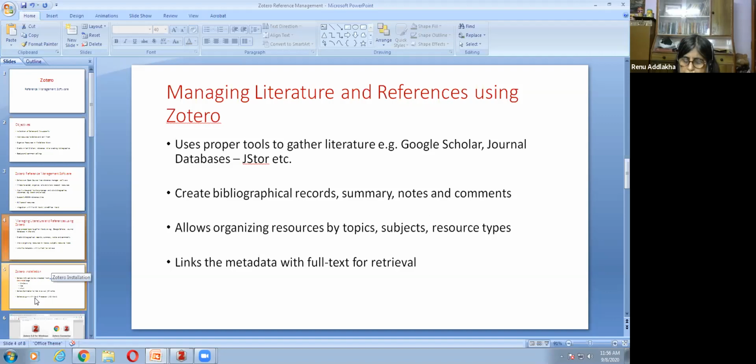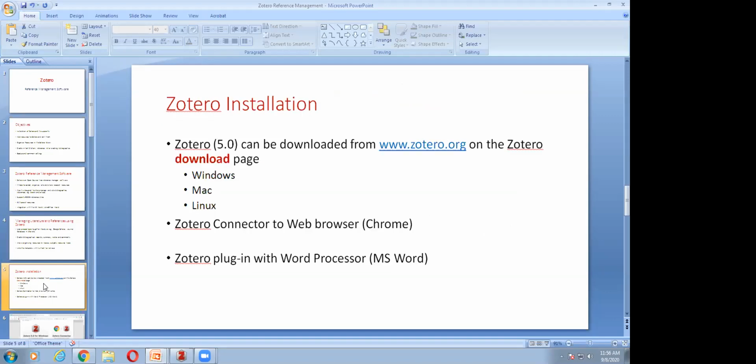Okay. The first part is how to install Zotero and its supporting software. Installation is very easy: go to zotero.org and click on the download page. You will find three versions of Zotero, one for Windows, second for Apple, and third for Linux.